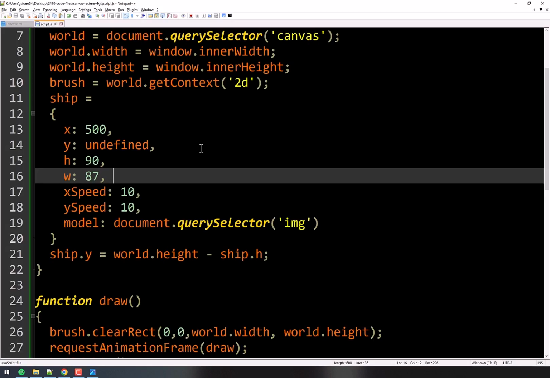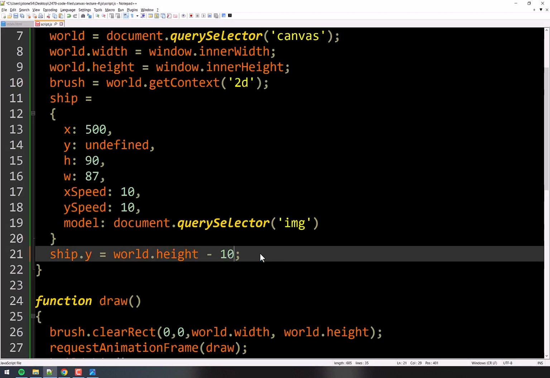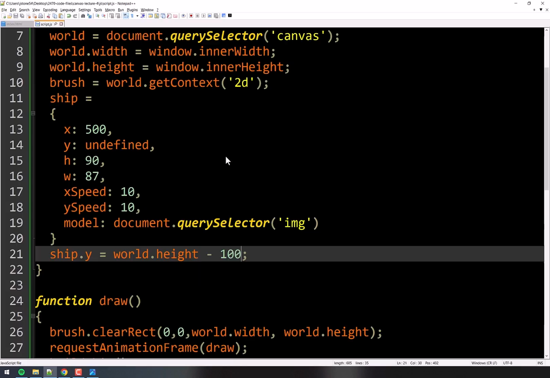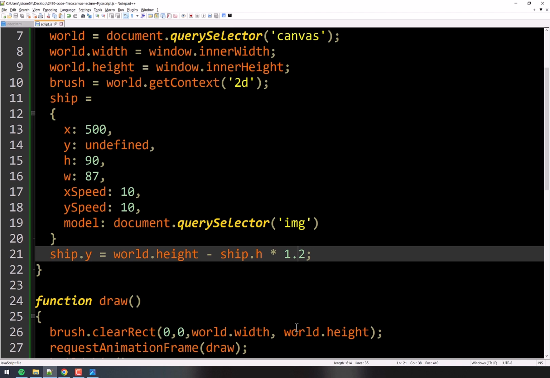If I were to say something like minus 100, it would scooch it up just a teeny bit off the bottom there. And maybe we want to do that. Maybe we want to put a little buffer there. And so rather than hard coding that, what you'd want to do is somehow do it mathematically, right? So we would take ship.h and multiply it by 1.1 or 1.2 or something like that and refresh. And now that moves it off the bottom a little bit, right? So maybe we'll just do it like that. We'll say 0.05 just to get to where it's not completely squished to the bottom, right?